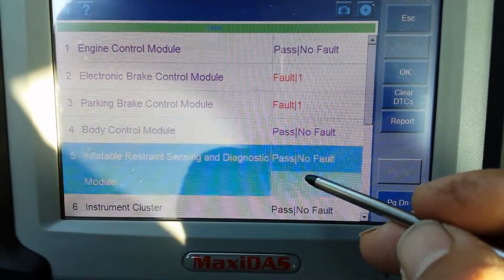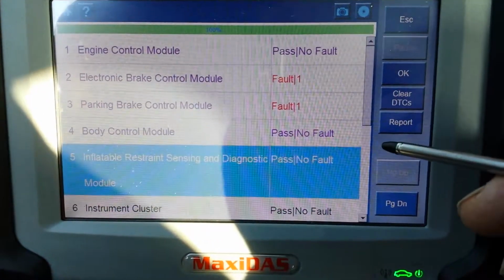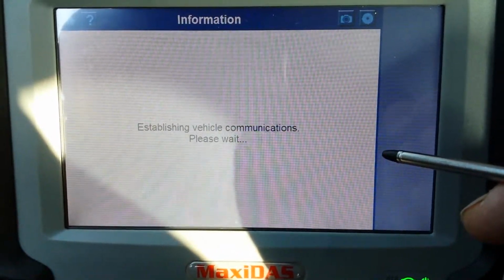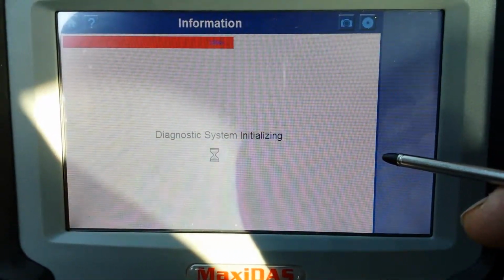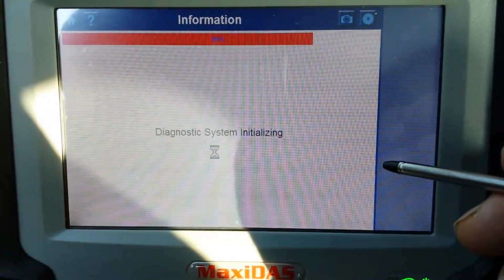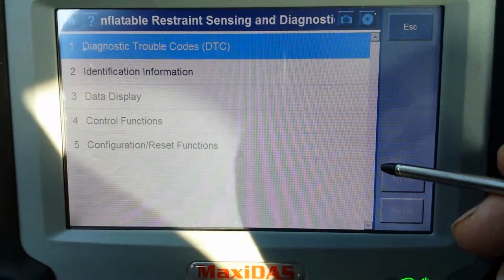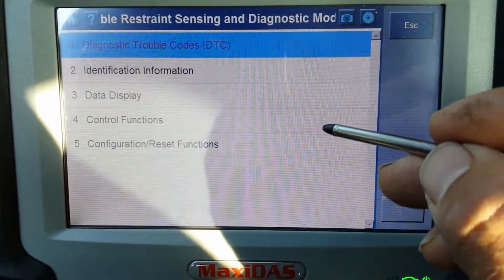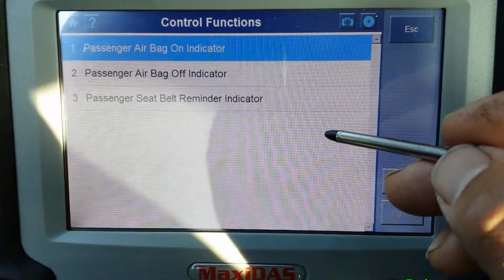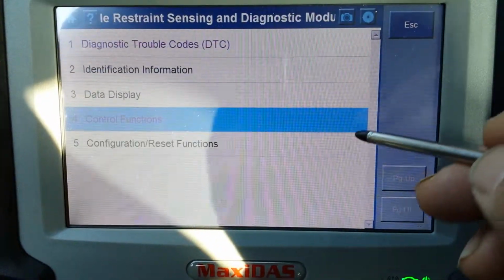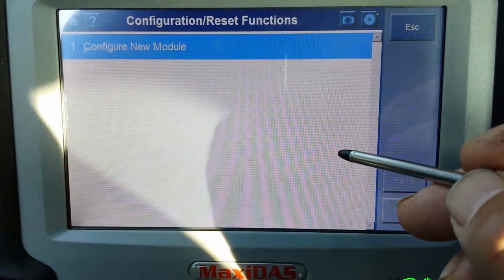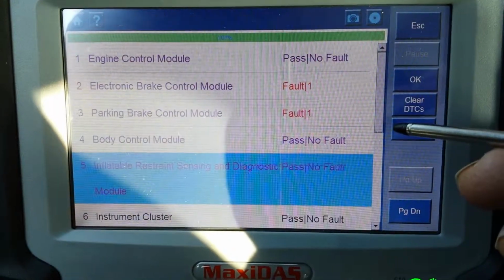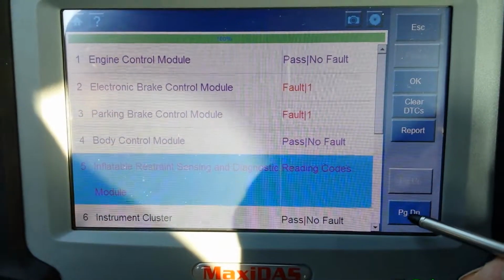So if you want to go to airbags, see what you can do on airbags. Same menu. DTC display, there's no codes in there anyway, so control functions. So to activate the lights and stuff like that, configure new module. So the only option is to reprogram a new module. Let's go back. Let's go to,